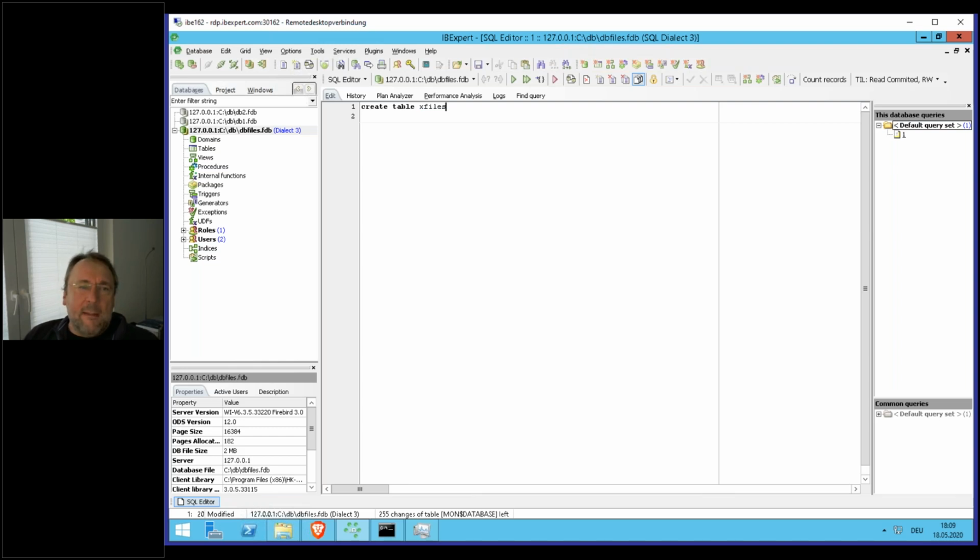it could be a keyword. But for example, why I recommend that: we had the German Telecom project very long years ago, and we were coming from Interbase 4 to Interbase 5, and they had in that time a table name which was called admin. And the problem was, in Interbase 4 admin was no keyword. In Interbase 5 it was a keyword, and in Interbase 5 they did not introduce the quoted names, and so